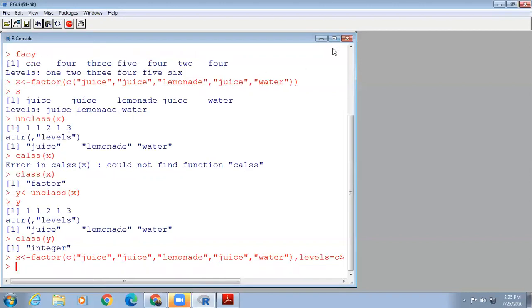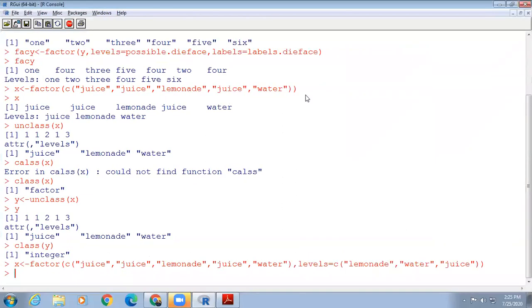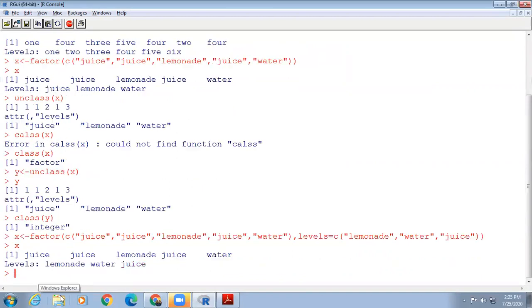Now you can see. So here I used the levels as lemonade is the first one, water is the second one, third one is the juice. Now you can call x. Here you can see whatever the order you provide, same order will be displayed. The first level is lemonade, the second one is water, the third one is juice.